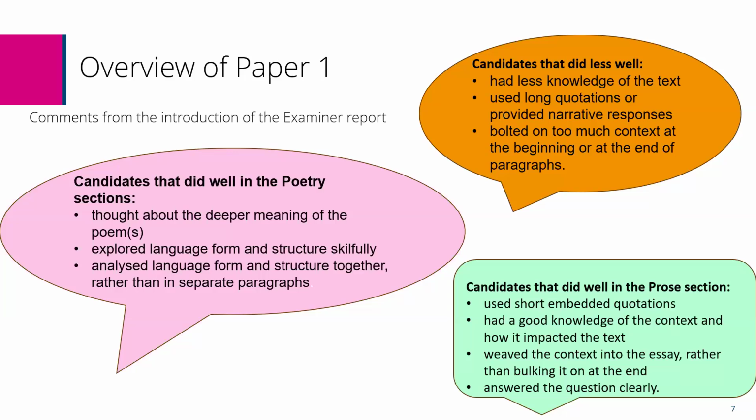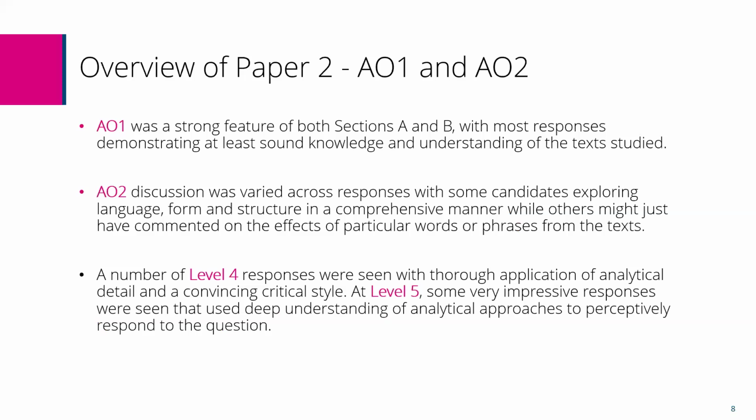So in terms of paper 2 for AO1 and AO2, these again are from page 3 of the examiner report for paper 2. AO1 was a strong feature of both sections A and B, with most responses demonstrating at least sound knowledge and understanding of the text studied. For AO2,